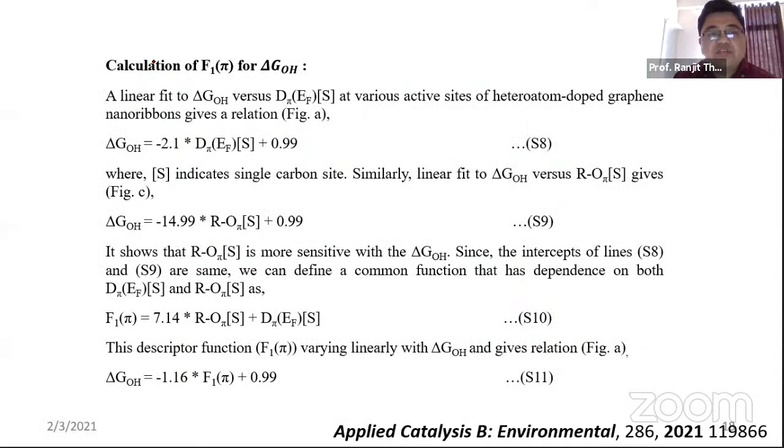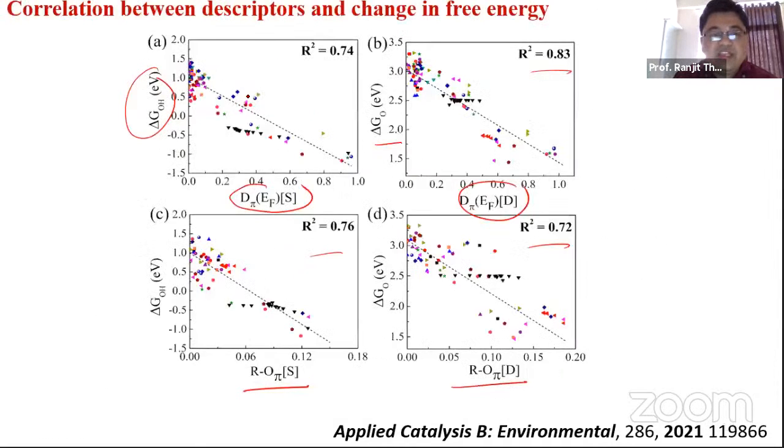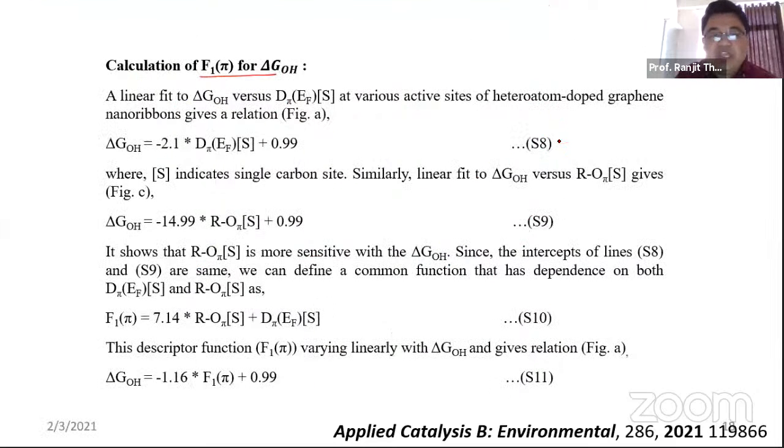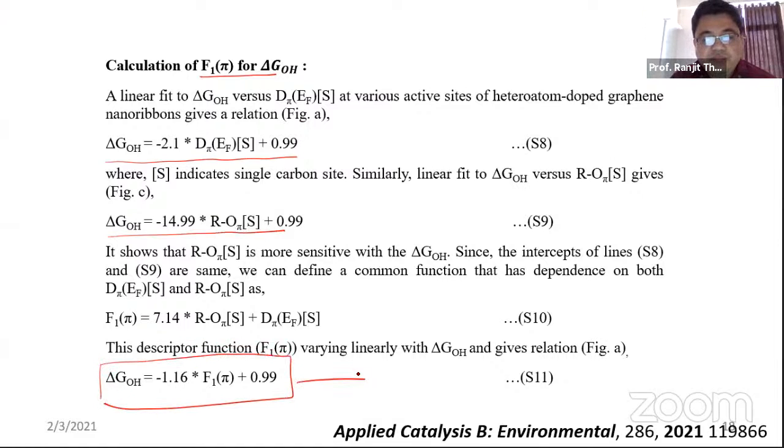How have we done this? We have calculated F1 by this linear equation. For each linear equation, there will always be y equal to mx plus c. Using these equations, we have analytically solved how we can easily find an equation, this one, where if I only calculate this, I don't have to do any DFT calculation to find this delta G OH. I will only calculate a bare surface. I don't have to do it for adsorption, and I can easily predict the free energy change of that OH ion or O ion.